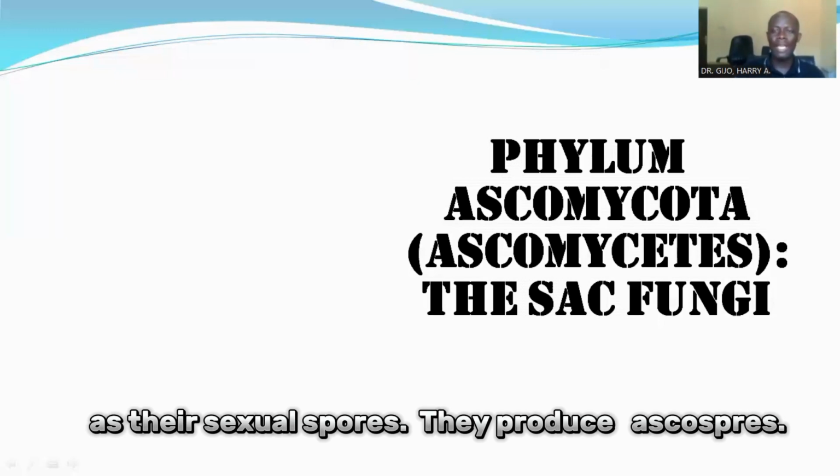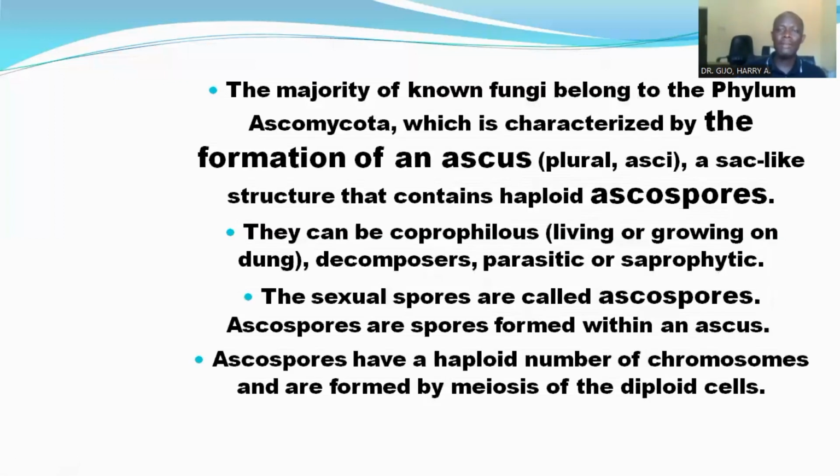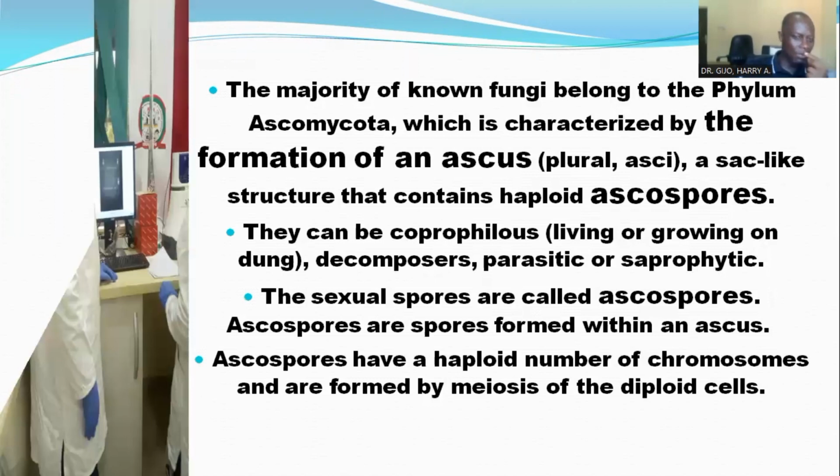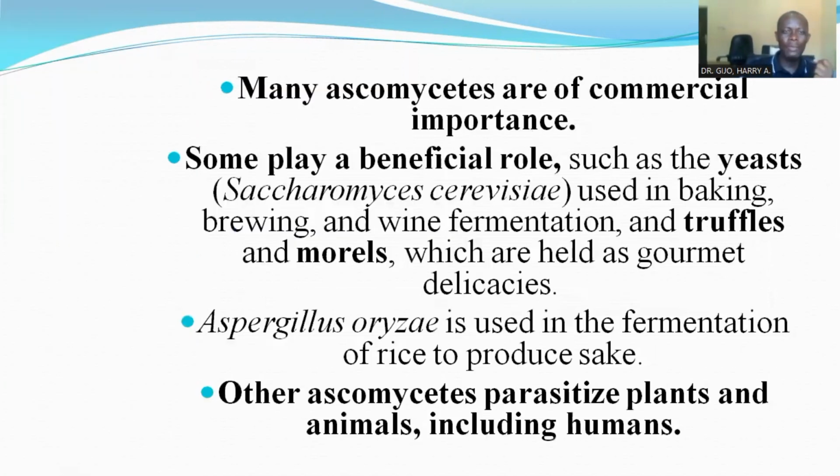They produce ascospores. Now, they are known to reproduce through the asci. That's the distinctive feature of the Ascomycetes. They produce ascospores from the asci. Now, many of the Ascomycetes exhibit some important roles, particularly the yeast Saccharomyces cerevisiae, which is used for baking and brewing